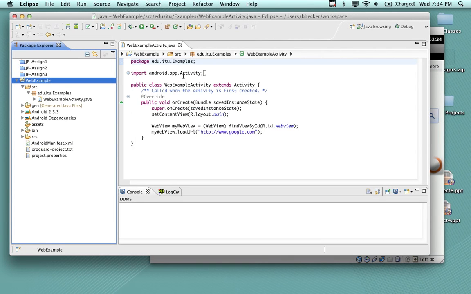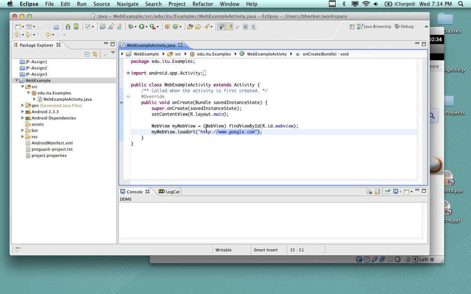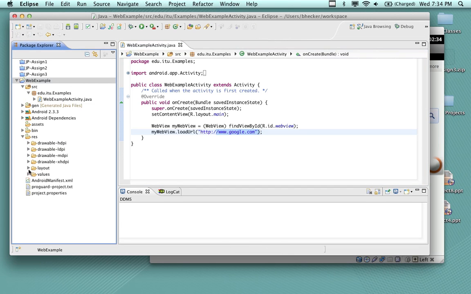And some people are going to try this. I'm going to go, okay, how do you do that? Well, actually, I set it programmatically to go to this URL in the XML file that I have out here in the resource directory. And this project only has one activity file that works with one layout file. And in the layout file,